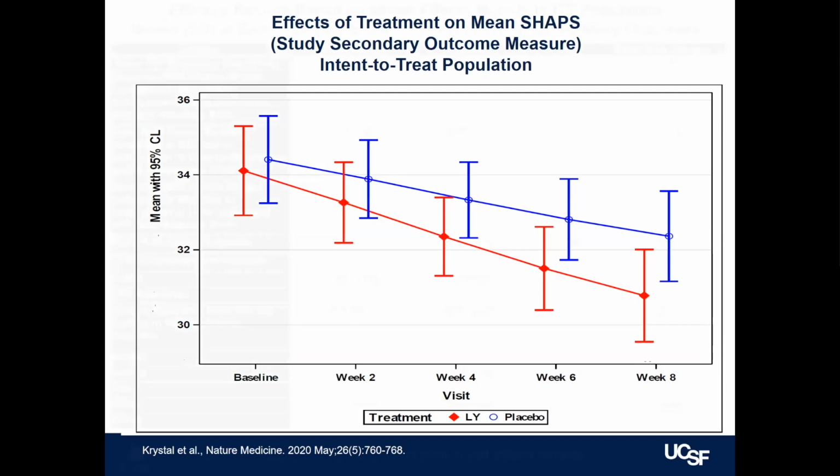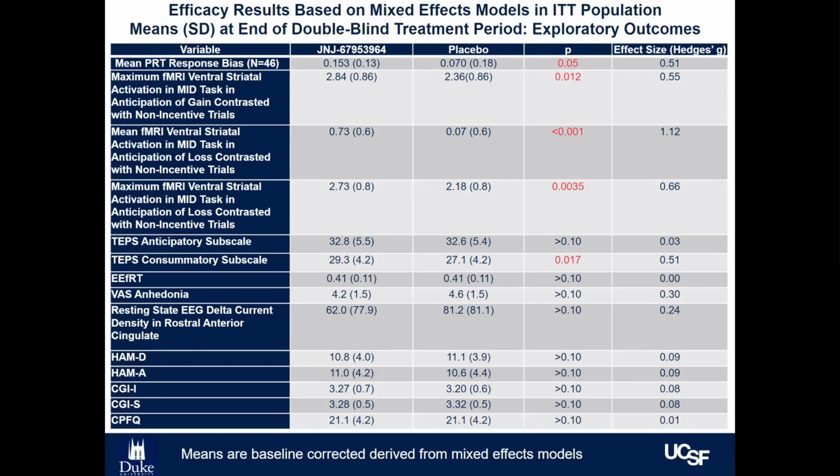And we saw the other. I'm just going to point out here that every measure of the nucleus accumbens activity, also referred to here as ventral striatum, I apologize for going back and forth between these, was significant, and almost none of the clinical measures that were in the study were significant. This was all across the board, again reinforcing this idea. And some of the effect sizes for the imaging measures were actually over 1. We didn't look at anything except the nucleus accumbens. This was very focused. It wasn't like we did hundreds of analyses and one turned out to be positive.